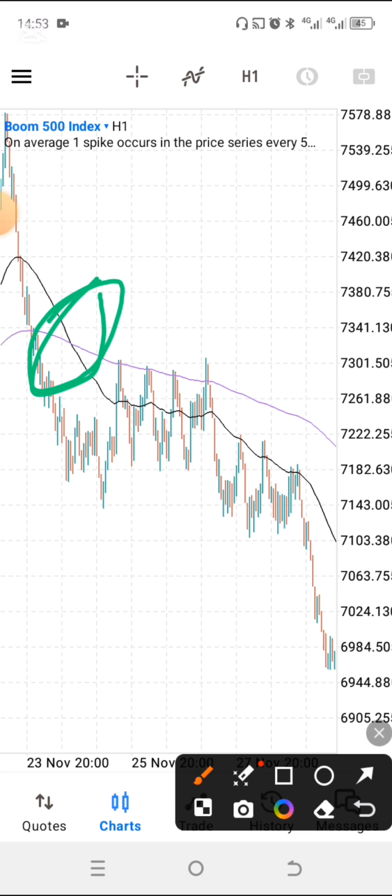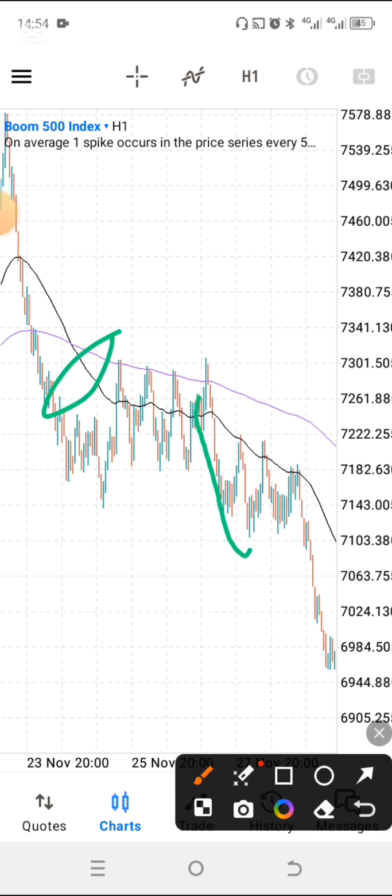So over here, the market crosses down. For a down trade, you are going down, right? So what do we have to wait for? After the cross, wait for the market to pull back to the 50 moving average, this black moving average over here. And when the market pulls back over there, wait for candlestick confirmation, and when you get that candlestick confirmation, we